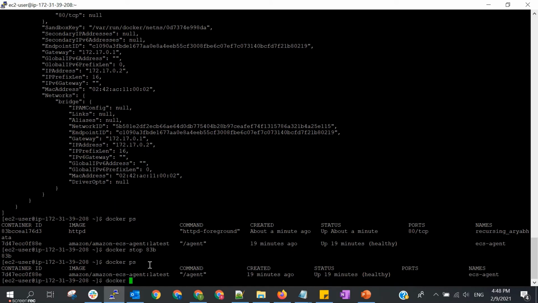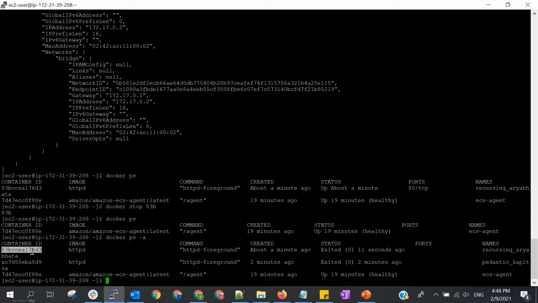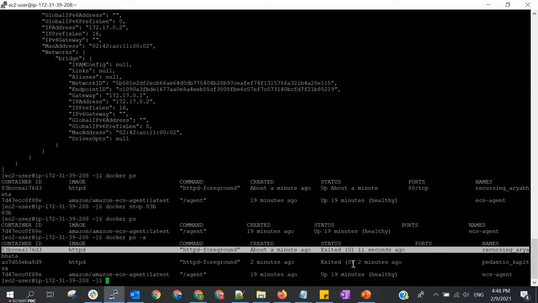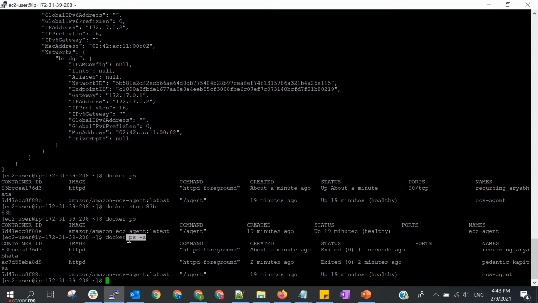But if we use docker ps -a, we still can see it, because ps -a lists all the stopped ones. So there are two processes here, because if you remember, just now we ran two times, one in the background and one directly.